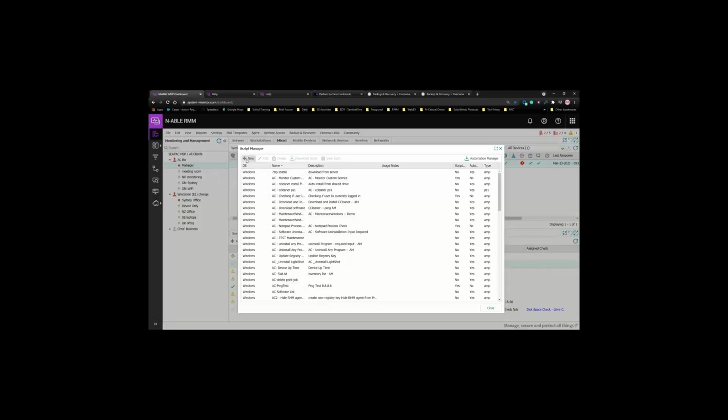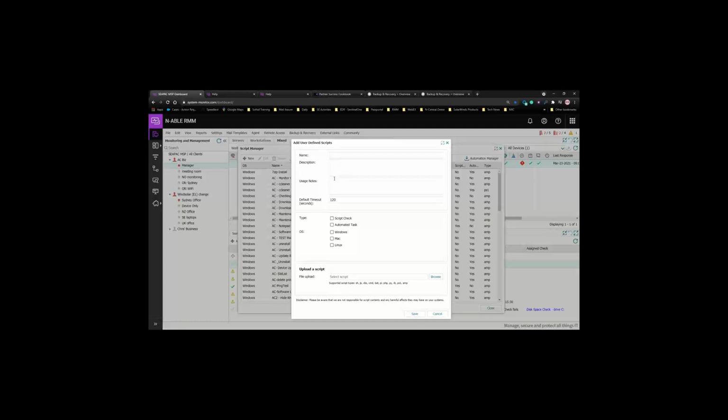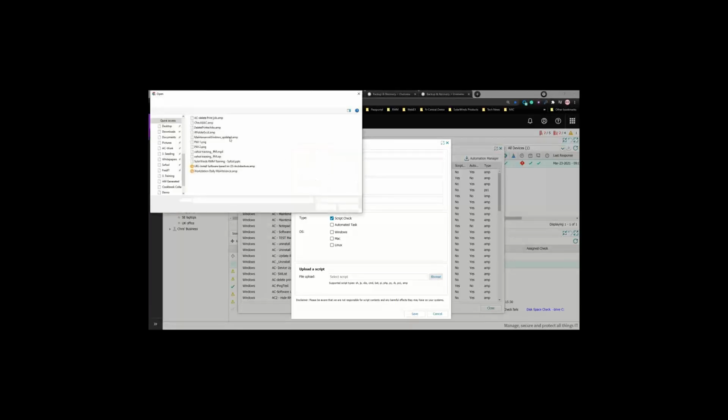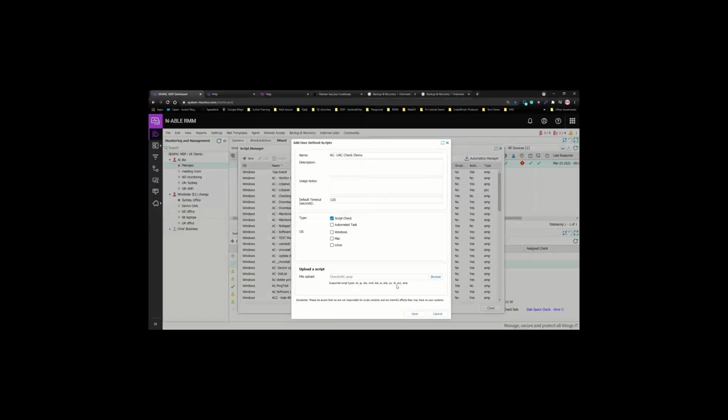Okay, so when you upload the script, put the name in. Now, instead you choose automated task, you select script check. Select your file. You also see that we support different types of scripts as well,